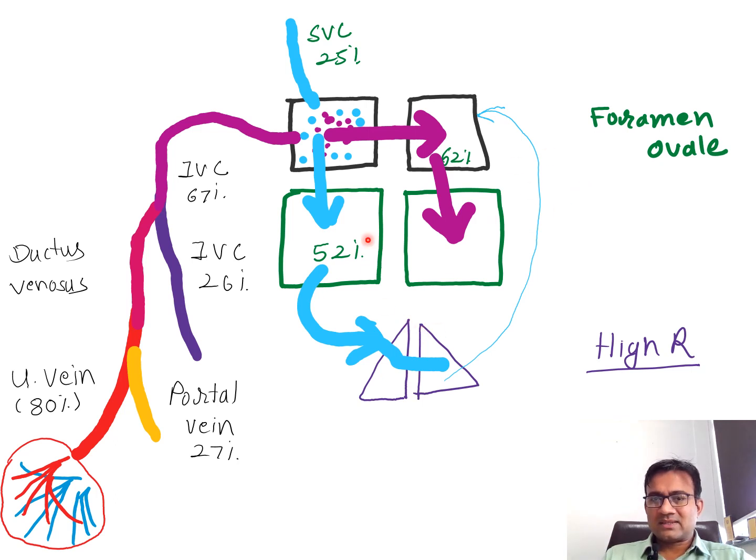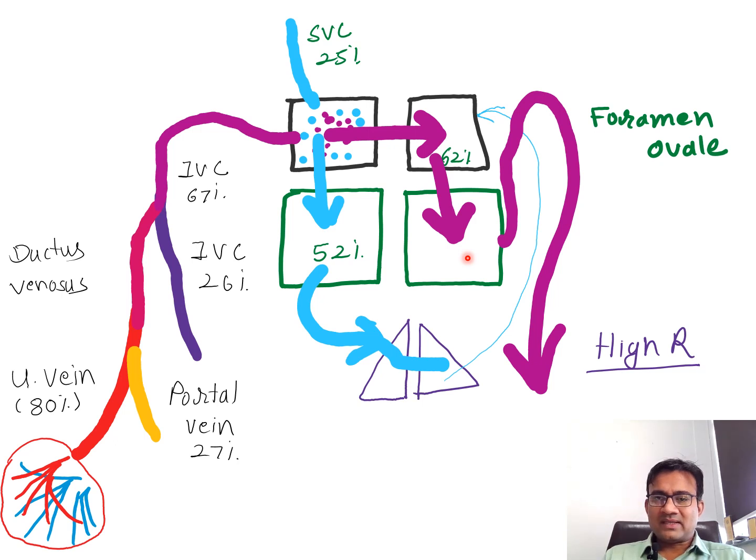What is happening to this? Now we'll go towards what is happening. See, left atrium blood has come. Now from here, blood is going straight away to the left ventricle. So this is the left ventricle. Now from the left ventricle, what is arising? This is the aorta, first the ascending aorta and then the descending aorta. So what is there?